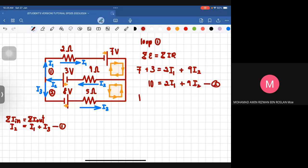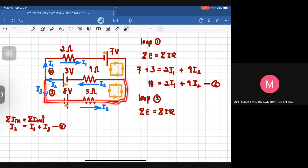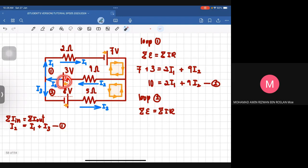And then apply this for loop number 2. So this is total EMF, total IR. And then for the second loop, kita tengok yang ini sahaja. So this one we have how many cell? We have 1, 2. So kena ada 2 value juga. So this 3 volt is following the direction of the loop, so it's going to be positive. And then for the 8 volt, it is also following the direction of the loop, so positive. 8 equal to